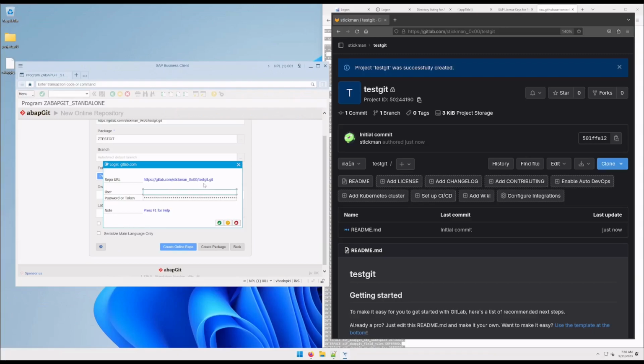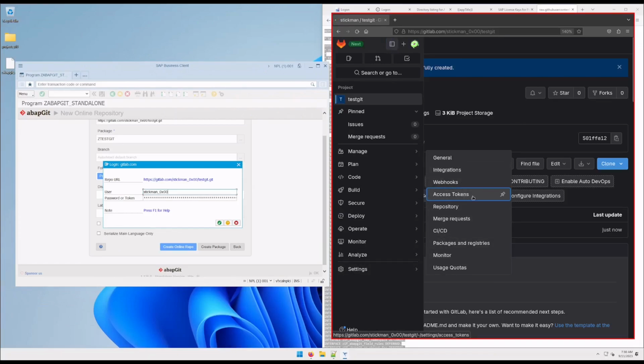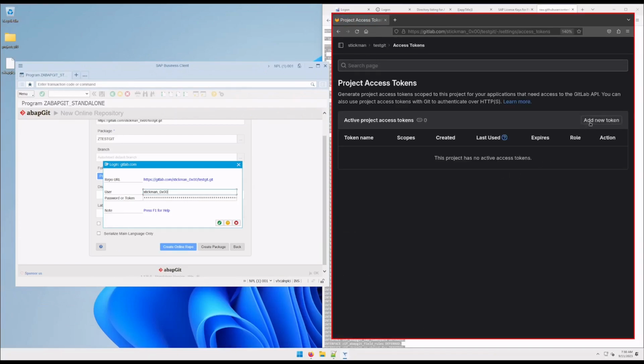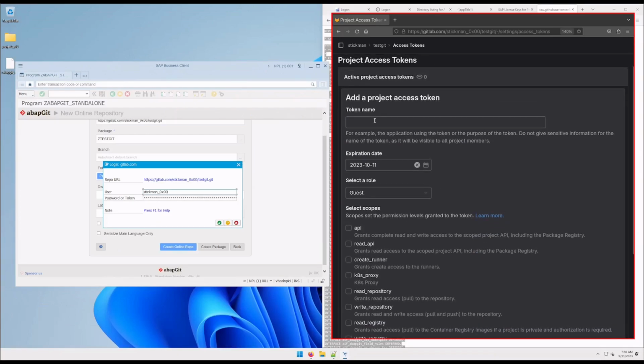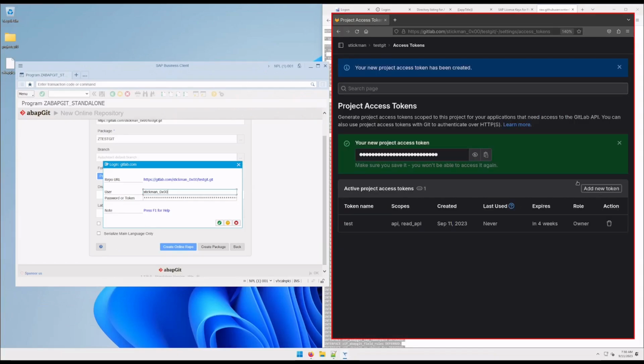As you see, it's asking me my username, so I'm going to put it. And in here, password or token, what I'm going to do is create a token. So I'm going to come here in the settings and access tokens. And let's call the token tests. I'm going to say that I'm the owner and I want these two. Let's copy the token, paste it here, and